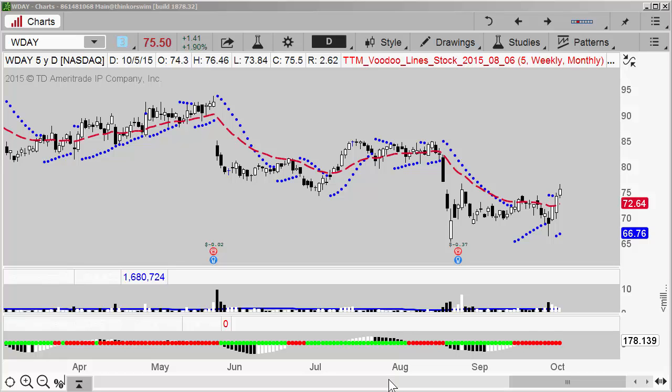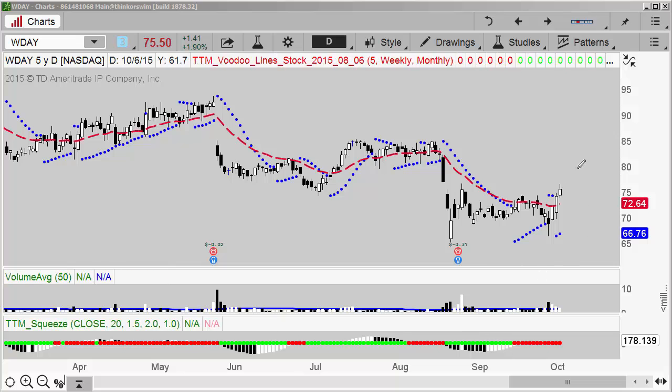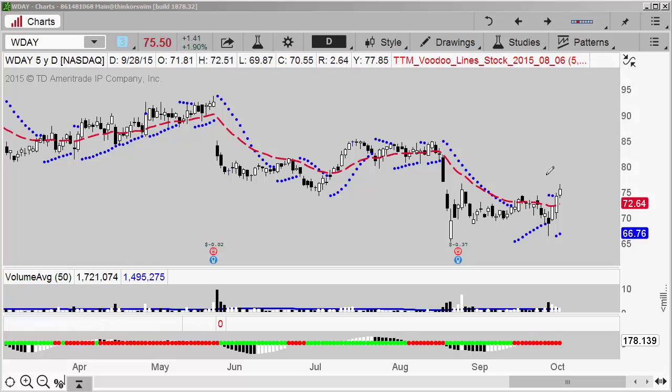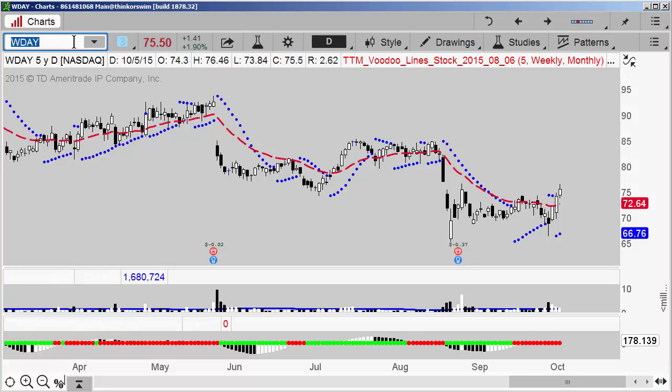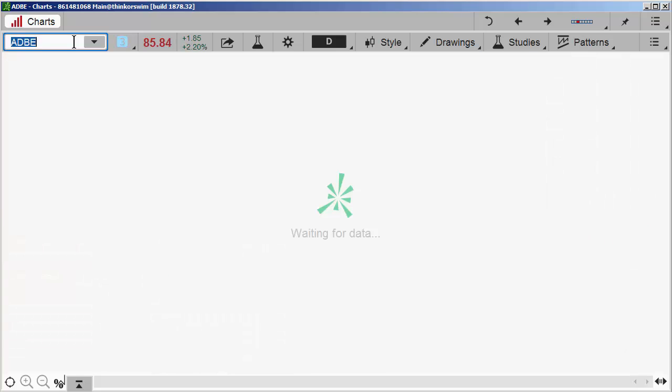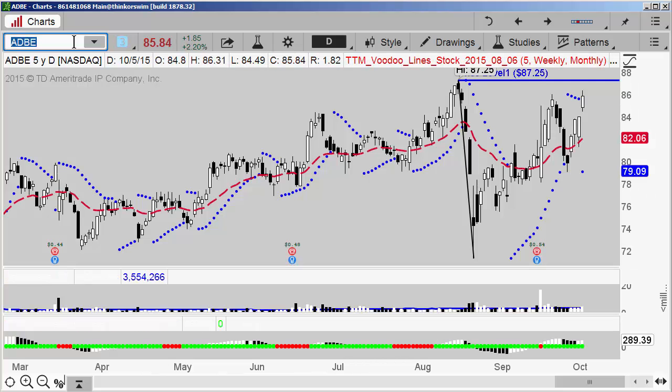Friday and into Monday was a very significant bounce for the S&Ps, and you've seen a lot of stocks piggyback off of that, as you might expect. Well, now what I'm trying to think about is which of these may I actually have opportunity to buy versus which of these it might be best to just stand off from. Two that I'm comparing today are WDAY, and the second is going to be Adobe. So when I look at these charts,